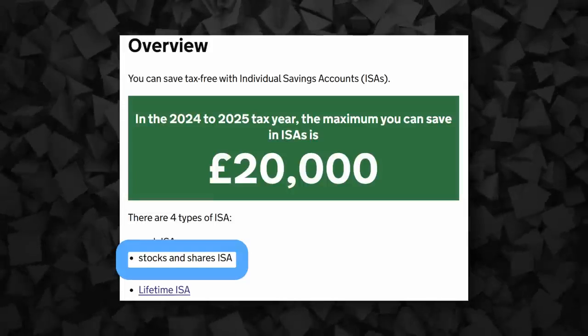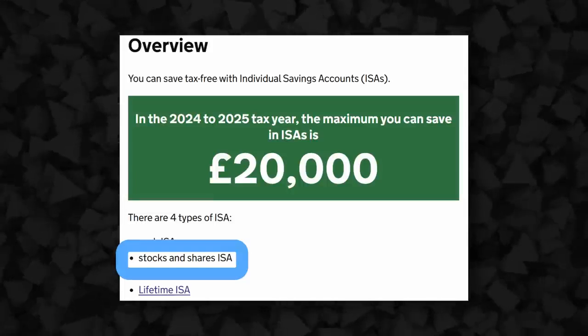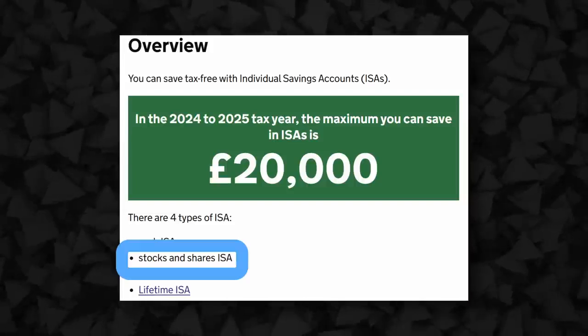This means that there won't be any taxes to pay in 5 years, 10 years, or even longer if you've managed to make a lot of money investing. There's no dividends taxes, no capital gains taxes, and nothing to worry about like that. Most people in the UK still don't have one of these accounts, so if you do manage to open one, you already put yourself far ahead of most people.